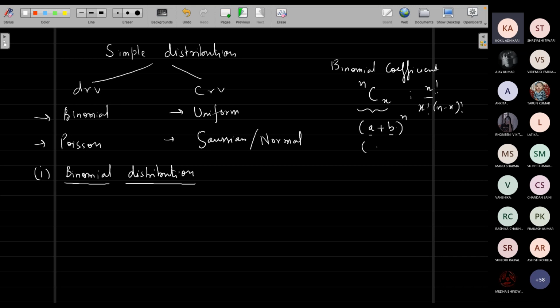In fact, one can extend this to a plus b plus c plus d to the power n, and then this coefficient is called, when I extend the same thing to many such monomials, multinomial coefficient. Okay, you haven't done that. We'll see. Anyway, let's come back to binomial distribution. What am I interested in? I am interested in a certain number of successes, and I will explain that.